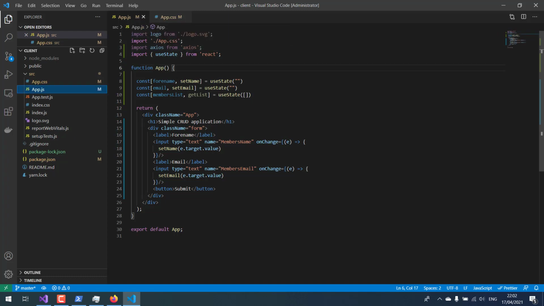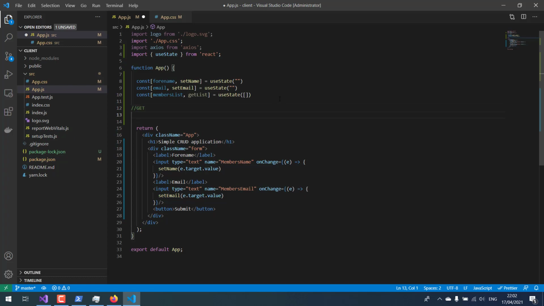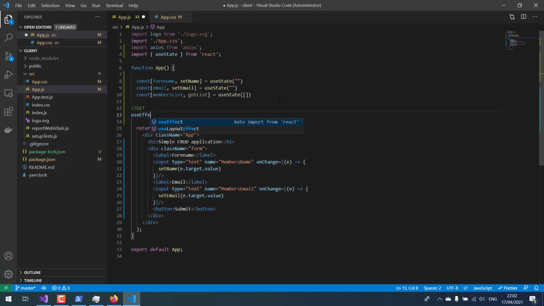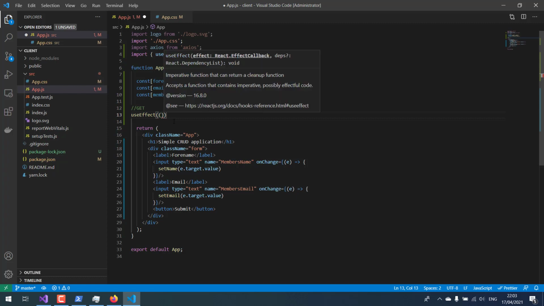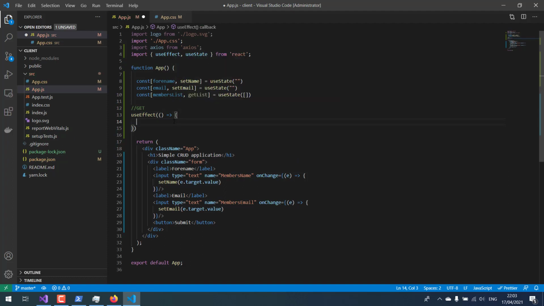Axios.get. I'm just gonna write here get, and I'm gonna use Axios, but I'm also gonna use useEffect. Oh, it's automatically adding useEffect, and I'm gonna use an arrow function as well. Now I'm gonna say